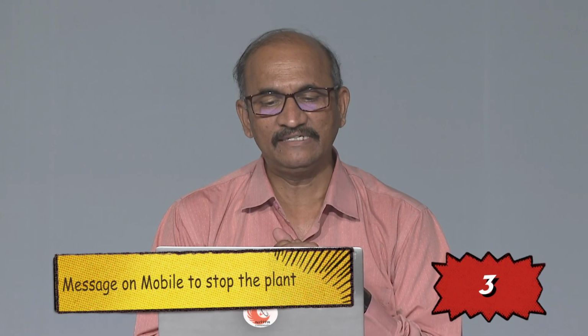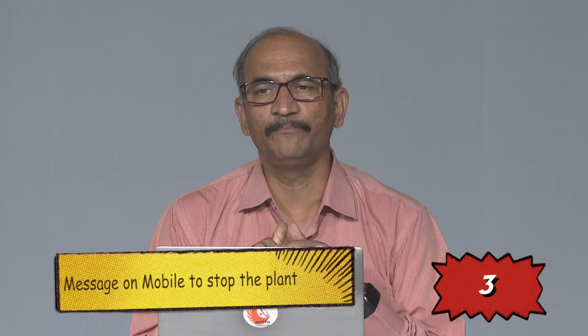On top of that, we have a master command. On my mobile, I receive an emergency message indicating that so and so plant is unsafe, close the plant, giving me emergency stop operation on my mobile. So, wherever I am traveling, whenever I am carrying my mobile, and whenever somebody is booking the slot and using the plant, I will come to know that the safety is violated. I can simply press the switch